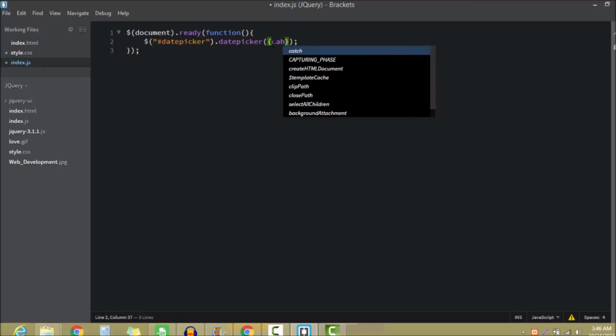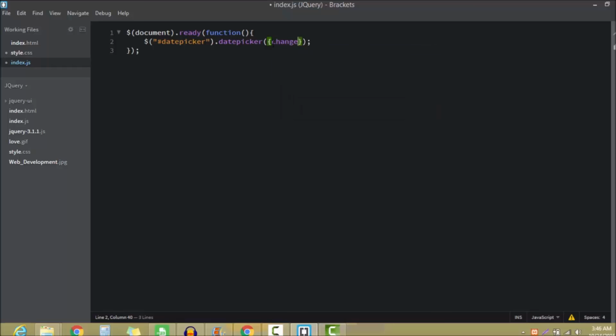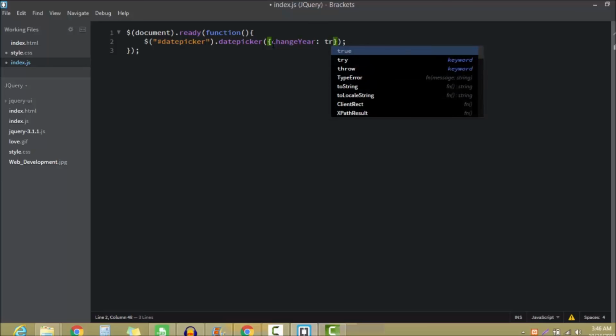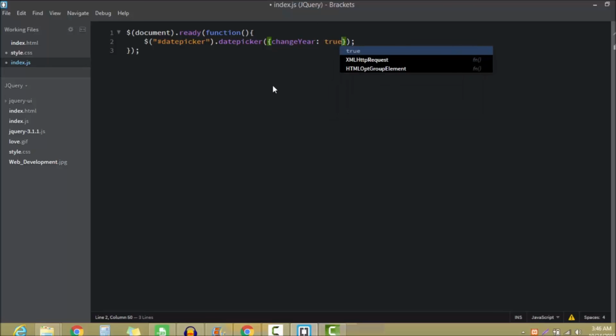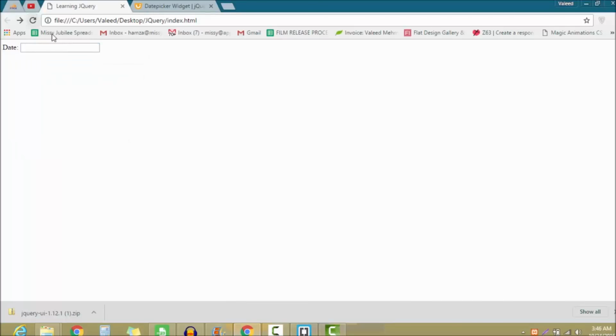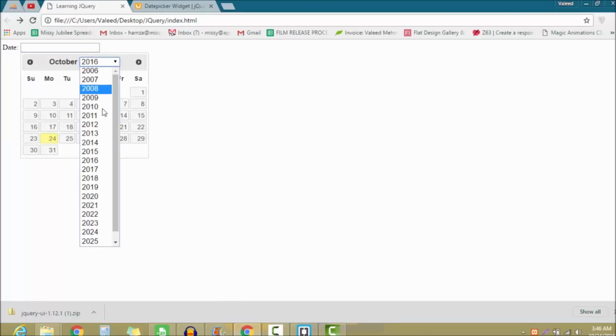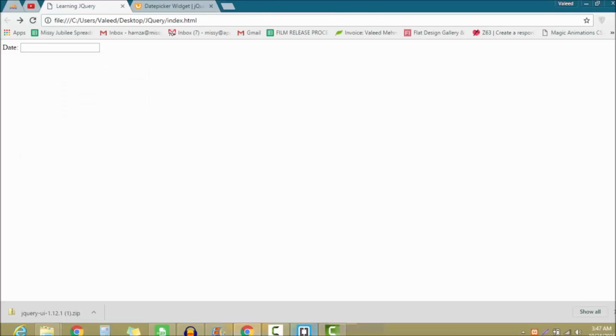So by using changeYear, and this should be true or false, nothing else. So I'm saving it. I'm going over here. As you can see, now it is giving me an option to select the year, right? So you can do that